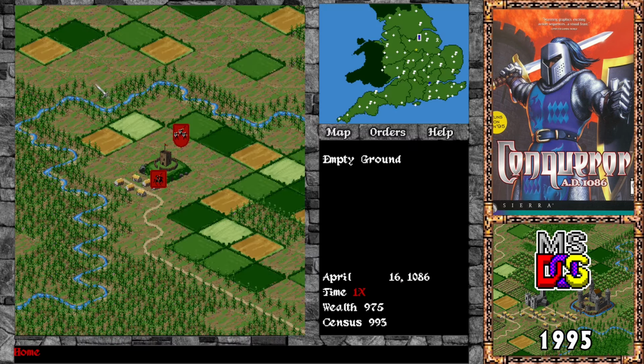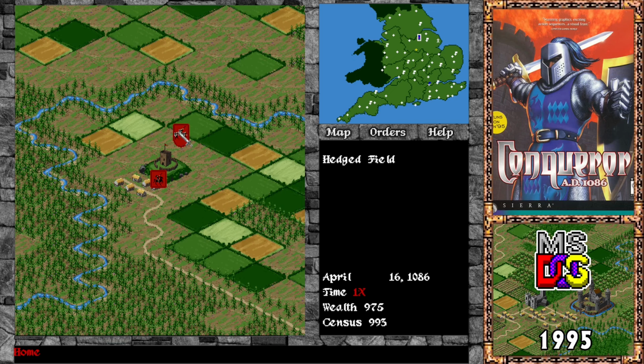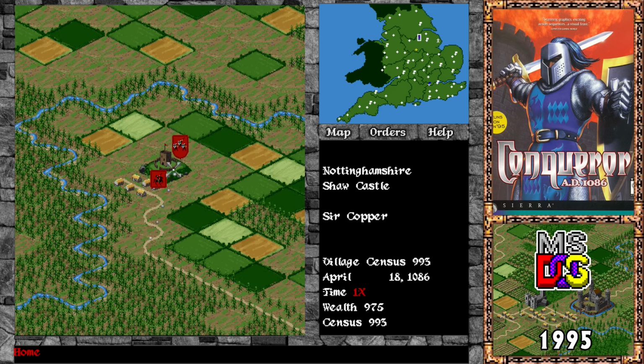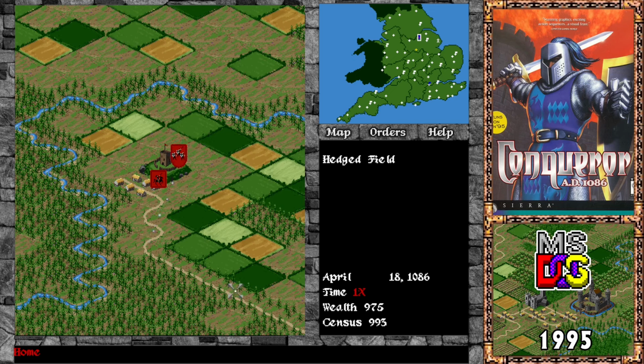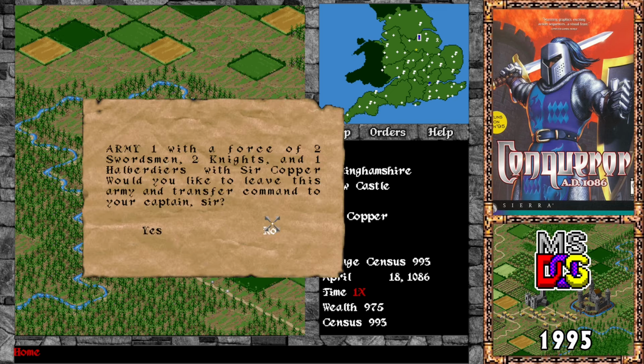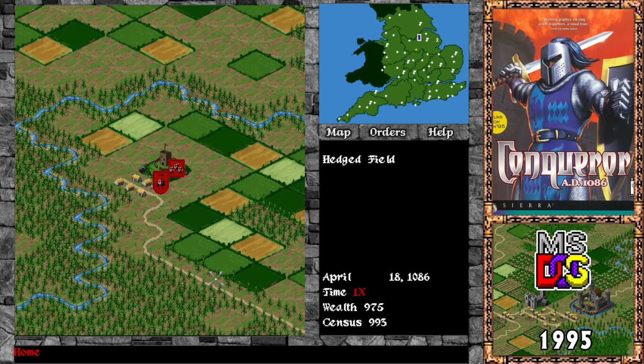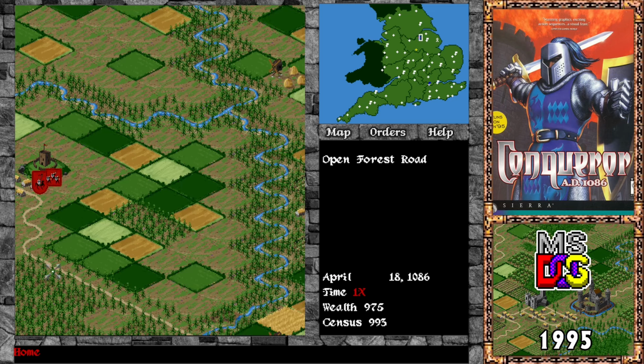But, so we've got Army 1, which is... how do I know which one is which? Move to here. Yeah, I think this is our... This isn't our main army, is it? Doesn't say, don't think. Army 1 with a force of 2 swordsmen, 2 knights, 1 helder with circle would like to leave this. No. Okay, let's select. I think this is us here, isn't it? So let's